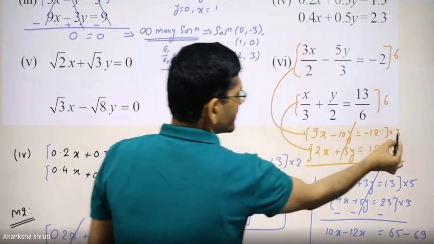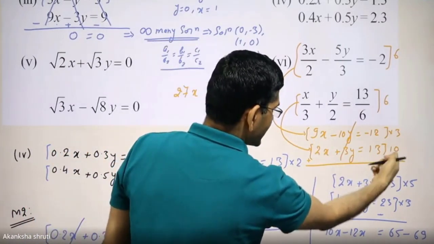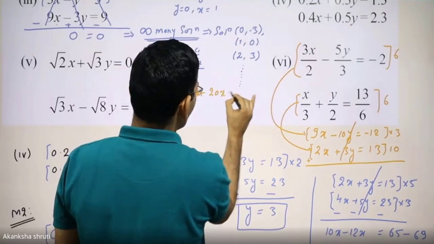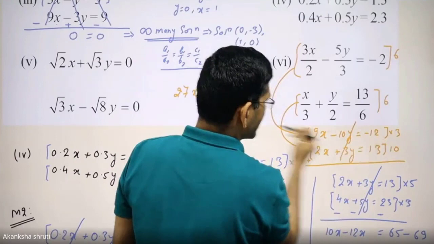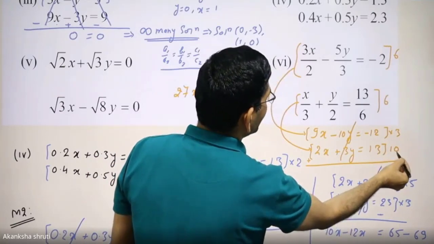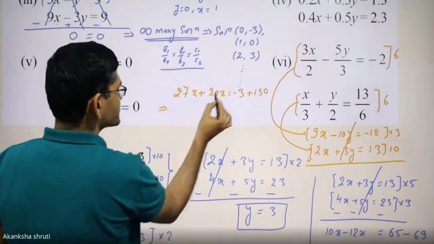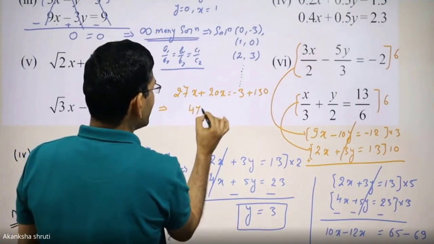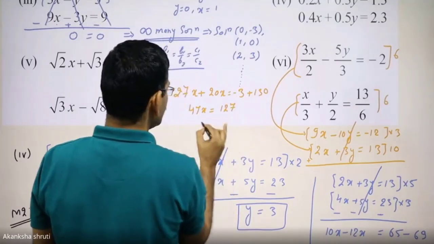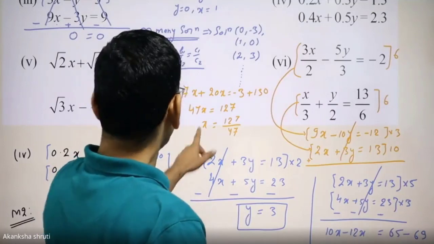Now 3 9s are 27x पहले से मिला, दूसरे से क्या मिलेगा, 10 multiplied by 2 and it is in the plus sign, so plus 20x लेफ्ट हैंड साइड का, राइट हैंड साइड में 3 को मल्टीप्लाई करिए 12 से, माइनस ऑफ 36, सेकेंड इक्वेशन में आइए, 13 को आपने मल्टीप्लाई किए हैं 10 से एंड ये प्लस में है 130, गुड। So this becomes, go for adding this, it becomes 47x is equal to, go for subtracting this, 127, so x becomes 127 by 47, so ये आपको x का वैल्यू निकल गया।